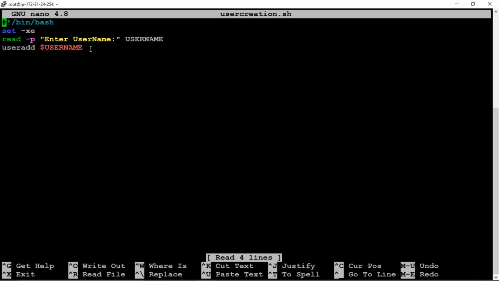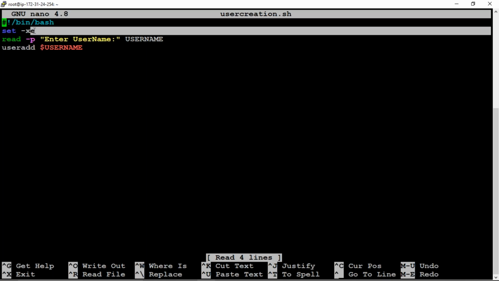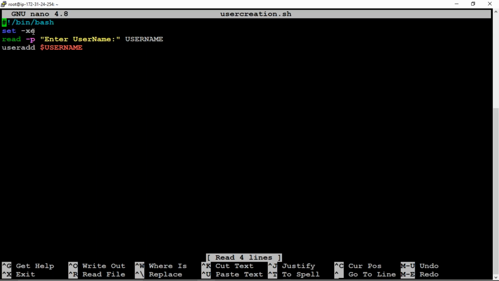For my understanding purpose, I gave xe here, to see whatever code I have written inside my file. Always, we don't need to give this debugging method. Fine. So now I'm deleting this.